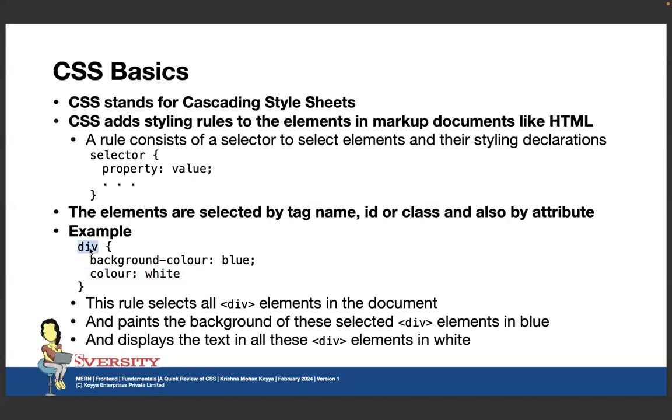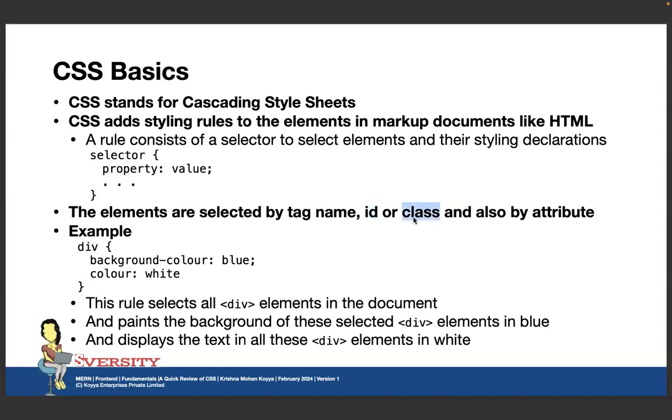This is just one way of selecting elements. Apart from tag name, you can also use the ID of the HTML elements. Typically, we have used IDs in the forms, right? In the HTML review, you can give IDs to any element, in fact. So you can select that specific element by the ID, or there is something called class, which is very